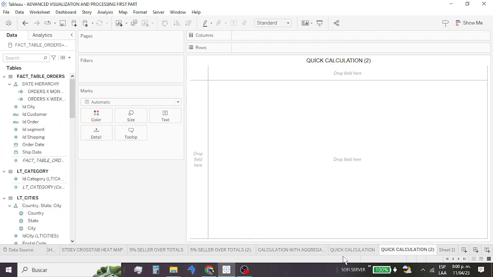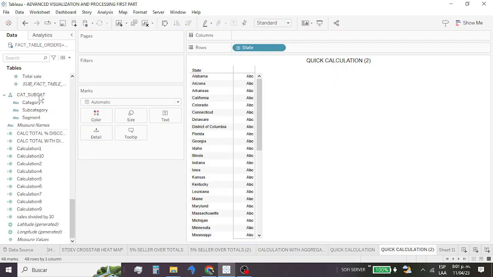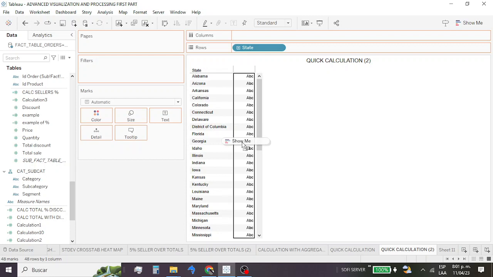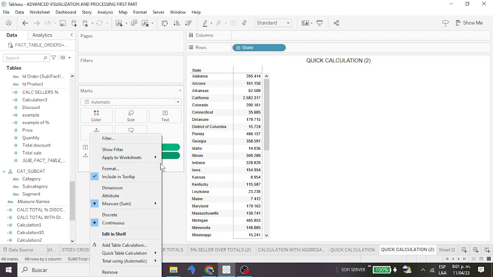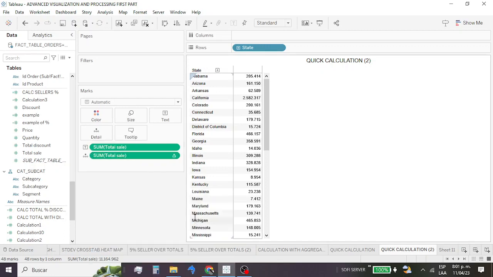So what we need, as we had said, we need the state. So state. We need the state here. And now we need the sales. Here we have total sale. Here, there are the total sales. And again, I drag total sale. And that one is going to be changed to a quick table calculation, which is the percent of total, right? And look what is going to happen. I drag it to